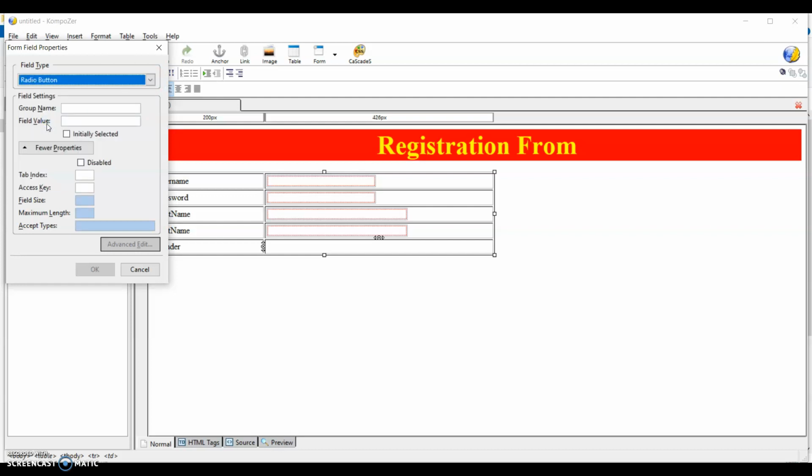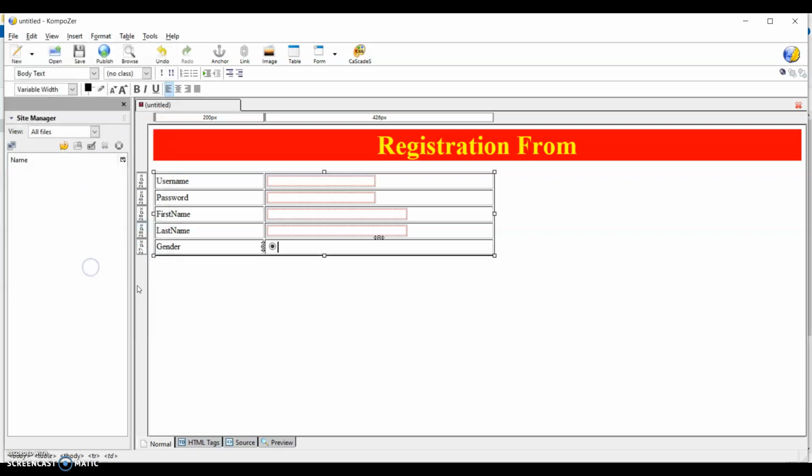So here we use a radio button because for gender only one option can be chosen. So the group name is what, gender defined. Okay, then value, here we are using male. Okay, if you want the initially selected one, you just check it, and so you just see the radio button, create a male.